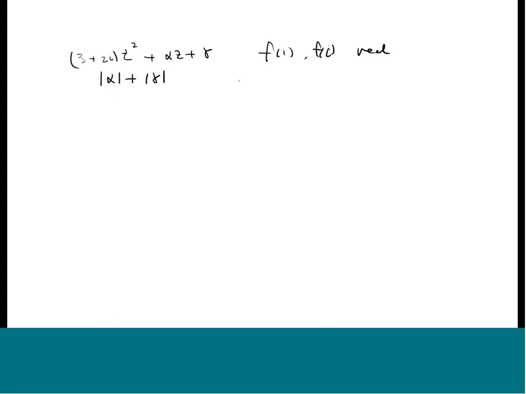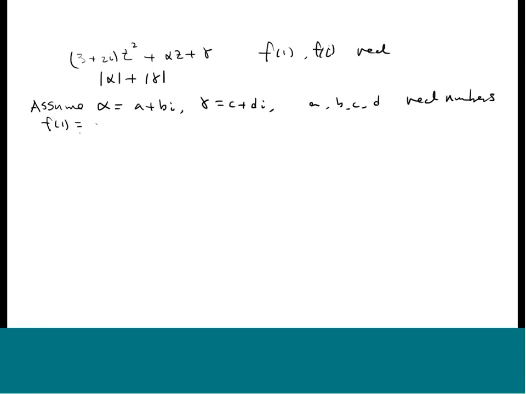You just assume alpha equals a plus bi, then gamma equals c plus di, where a, b, c, d are real numbers. Because we are more familiar with real numbers,